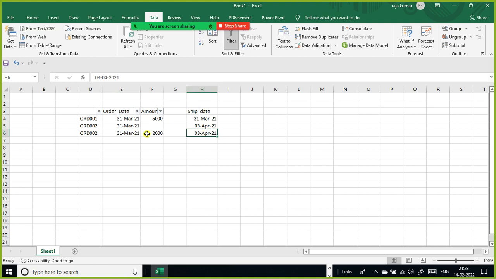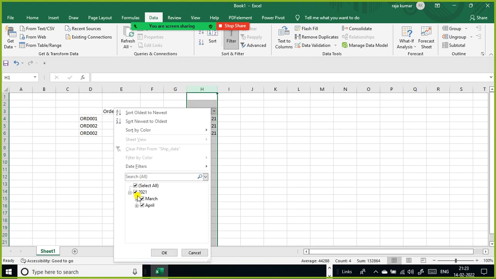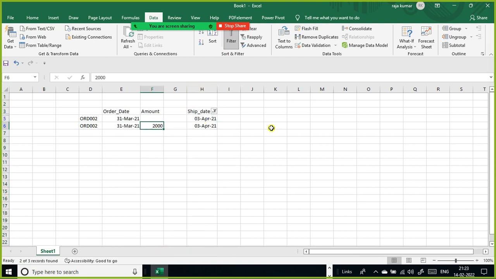April month, you have received the payment for the 31st March. For the 31st March order, you received it on 3rd April. Actually, this one is supposed to be part of your March month only, right? But when you filter by ship date, it shows you have the sale for this one, right? But you wanted to understand this one. You want to understand when the collection happened.